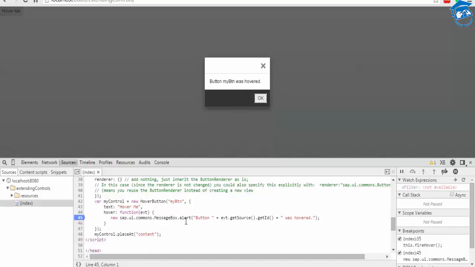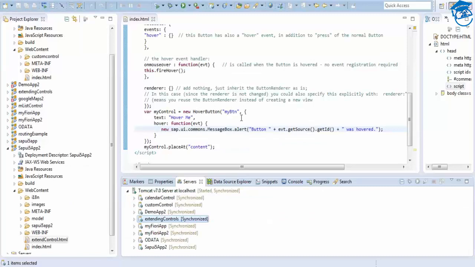Because when you say alert without returning, it will return this function. You don't have to explicitly write return here. So this hover event will return whatever the control is inside. It is alert, so it automatically gets returned. So this is how the button is extended.